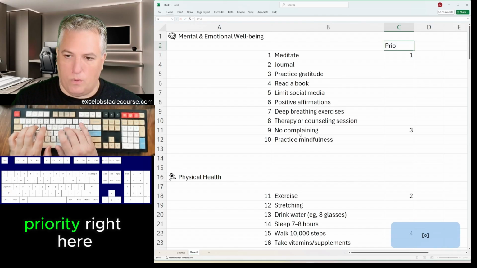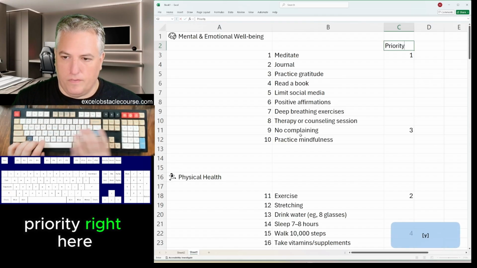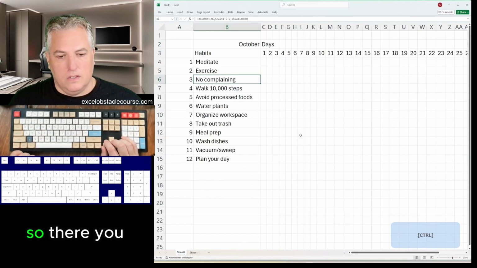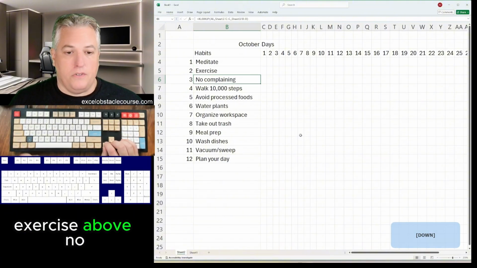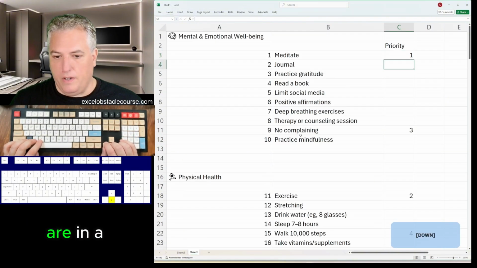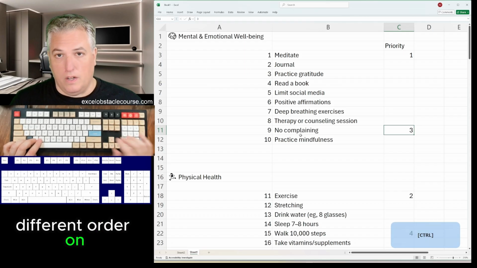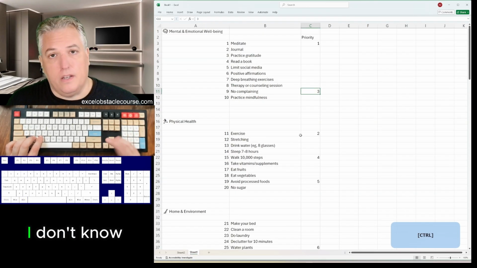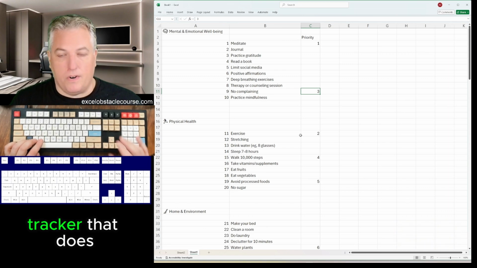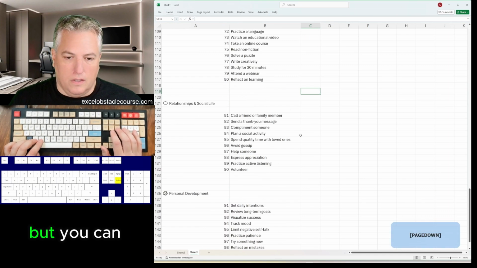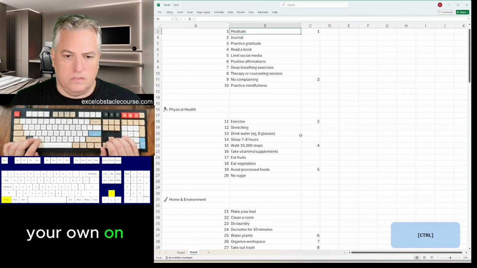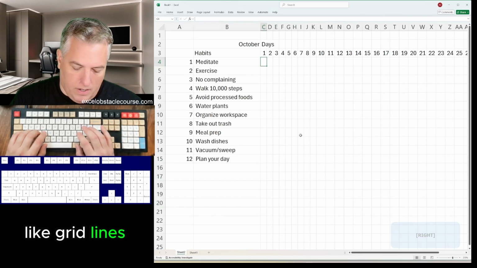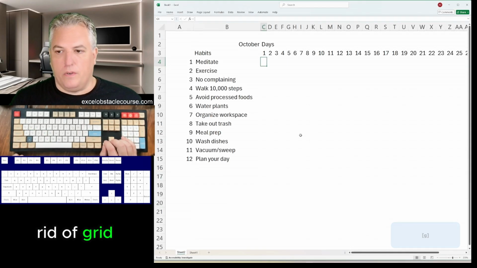Put the word priority right here. So there you go. It put exercise above no complaining, even though they are in a different order on this list. So I think that's pretty neat and unique. I don't know of any habit tracker that does it this way, but you can also type in your own on this sheet. So we don't like grid lines, so Alt WVG to get rid of grid lines,